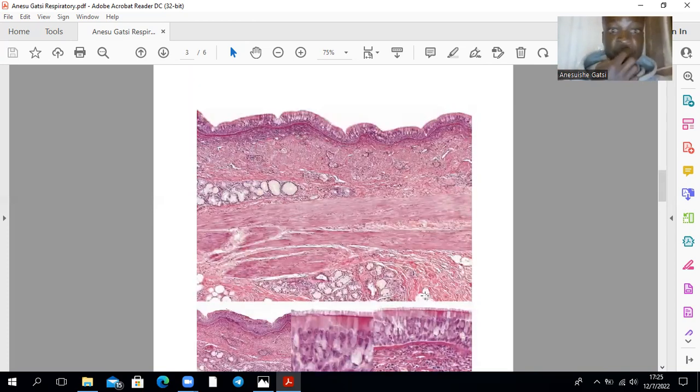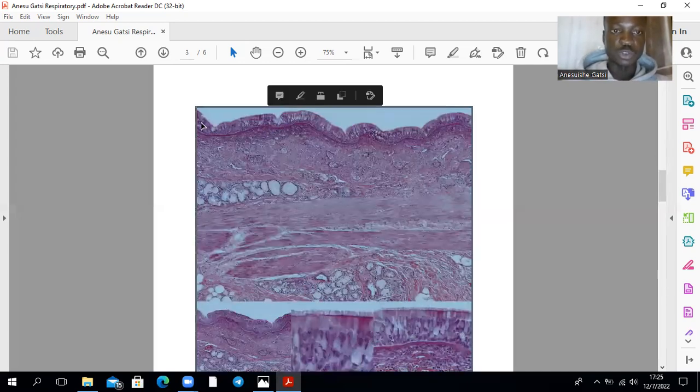Then we get to the trachea. This is the trachea. This is the pseudostratified ciliated columnar epithelium, the respiratory epithelium. So that's your epithelium. And if you look at the lightly staining regions in the epithelium there, that's where you find goblet cells. Remember, goblet cells have a basally located nucleus, and on the apical end, you expect to find mucins. Mucins stain lightly under the light microscope, and when preparing slides, they're actually squeezed out of your epithelium. Then this is lamina propria,